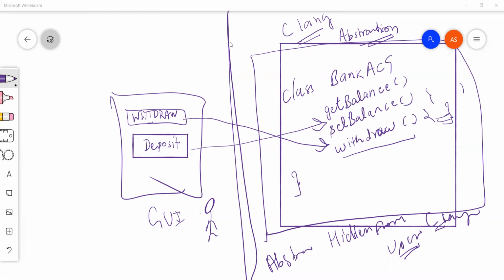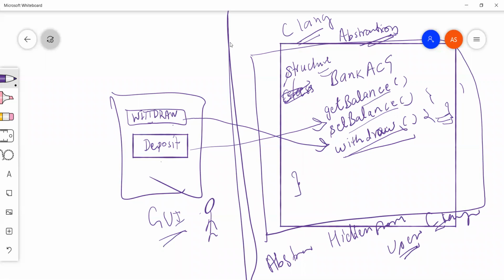I'm saying C language doesn't support the abstraction concept, right? And we have built this system using, let's say, in C language a concept called structure. Structure bank account, then a get balance function, set balance function, and withdraw function. We have some kind of GUI here, with a withdraw button and a deposit button.